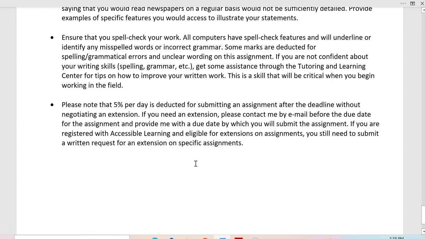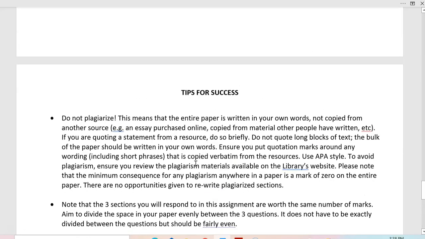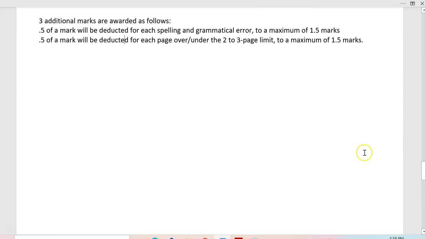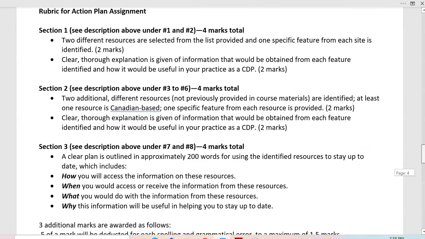So I think all the rest of that is pretty standard, what you have seen before, and that gives you an idea of what you're going to be doing for this